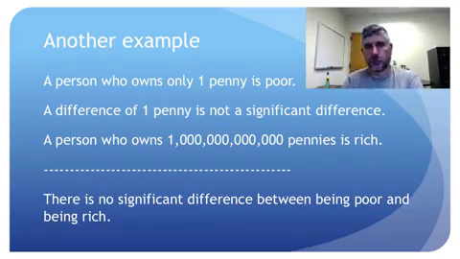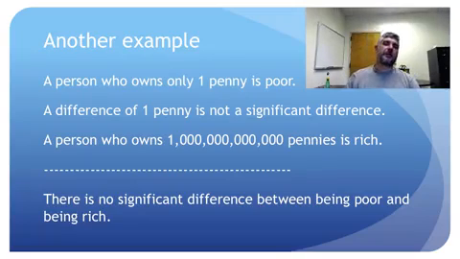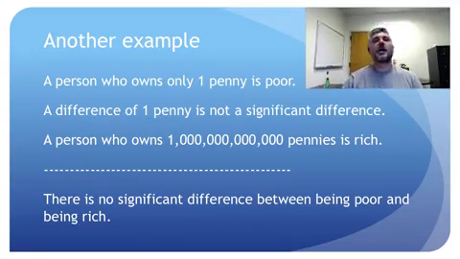Right? These arguments, which we'll call conceptual slippery slope arguments, are arguments in which the premises could all be true. There are many conceptual slippery slope arguments in which the premises are all true, but the premises don't support the conclusion. And what makes the argument tempting is the vagueness of the category that the argument makes use of, the category of tall, the category of poor, whatever category it is that the argument makes use of. If it's a vague category, then you can construct a conceptual slippery slope argument that uses that category. In the next lecture, we'll see how vague categories can give rise to other slippery slope arguments as well.